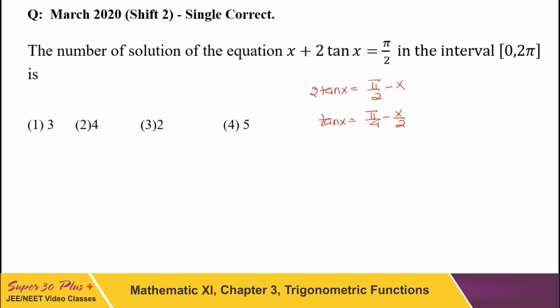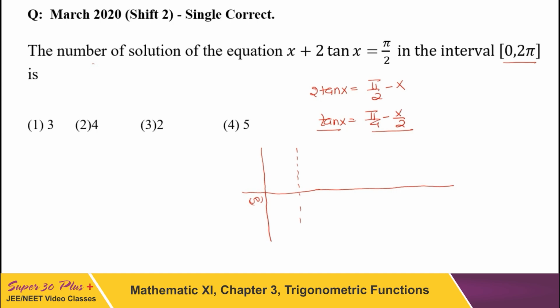Now we have to draw the graph of tan x in the interval 0 to 2 pi and the line pi by 4 minus x by 2, and the intersections of this line and the graph of tan x will give the number of solutions of the equation x plus 2 tan x is equal to pi by 2. First of all, we are going to draw the graph of tan x in the interval 0 to 2 pi. What is the value of tan 0? As we know, tan 0 is 0, let it be the origin, 0 is here,